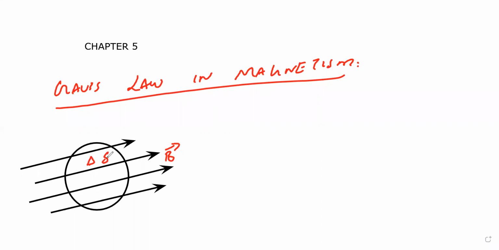So the Gauss law is something like this. The flux is equal to what? Sum of the magnetic field lines passing through the surface. This I put as 0. Okay, this subscript indicates this is the magnetic flux. B stands for magnetic field, correct? What is B? The magnetic field. What is S? Surface.